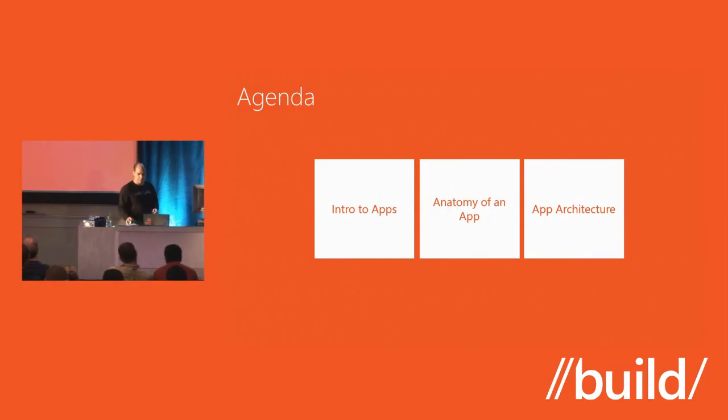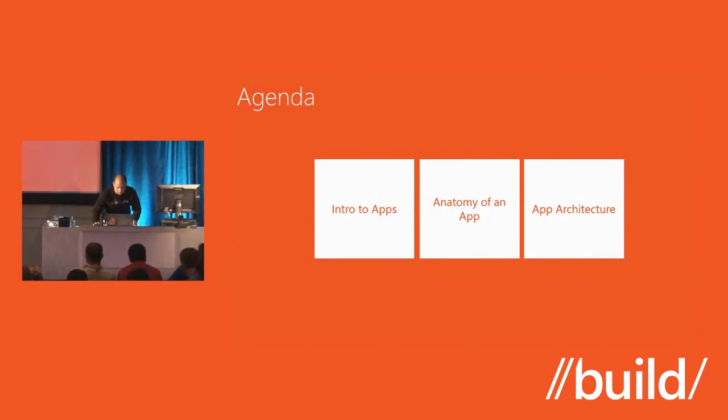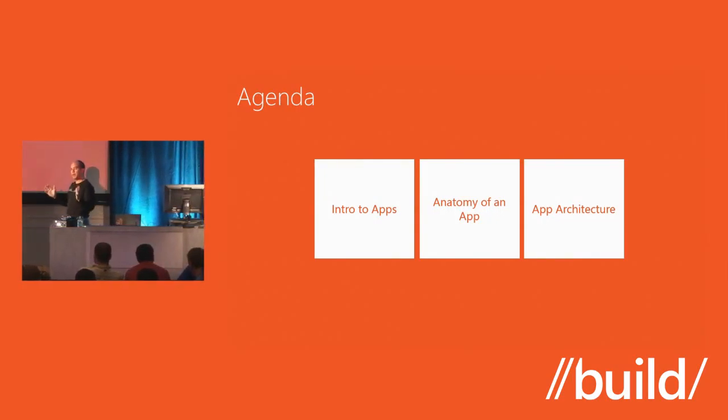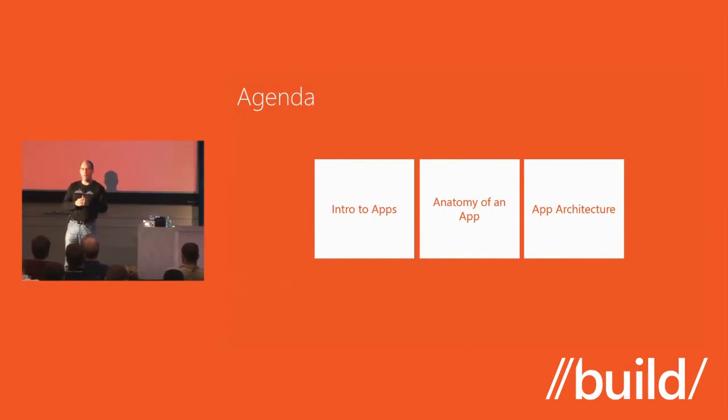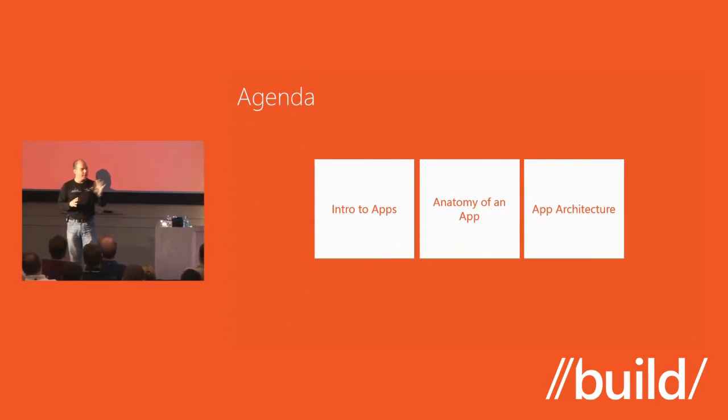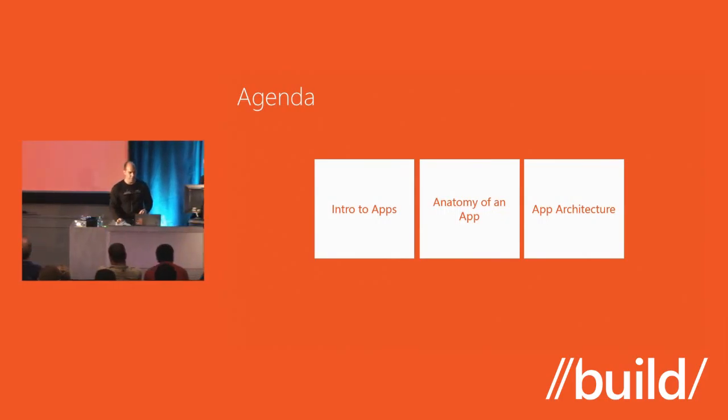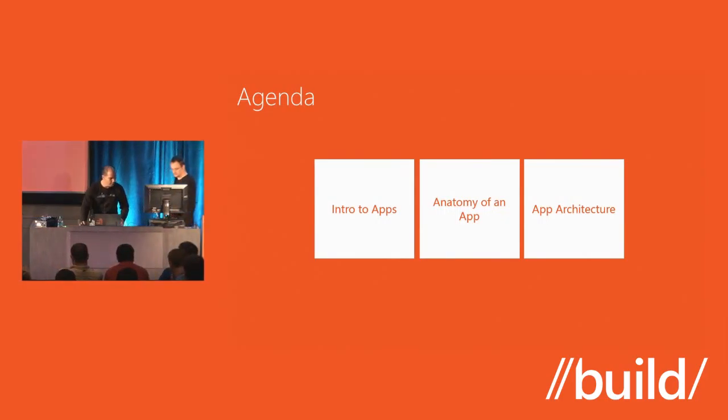So let's dive into what an app for Office is. By the way, this is part one of a series of two sessions. We're going to start with a focus on apps for Office, and the next session is going to focus on apps for SharePoint. But as you saw, the model is common in terms of the general architecture that we follow and the technologies used to create these apps. We just want to make sure that we cover both sides. So you will see a lot of apps for Office, and in the next session, we'll follow up with apps for SharePoint. So I'm going to start with,